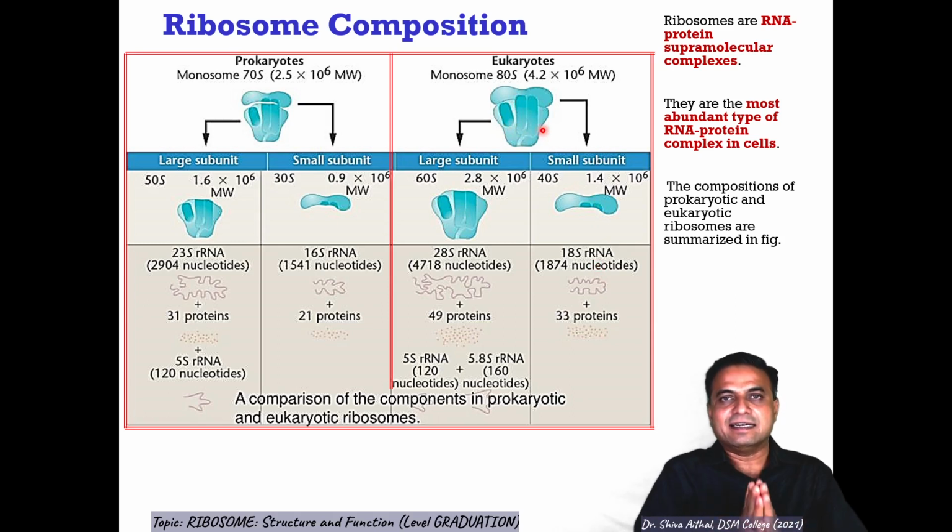This slide and this explanation is the most important information which you will be required to reproduce whenever the time may arise, in the examination, in the interviews, in the vivas, or wherever you may need to reproduce it as your intellectual property of knowledge. So you should know the eukaryotic ribosome composition and the prokaryotic ribosome composition. This all in toto summarizes the structure of ribosome.